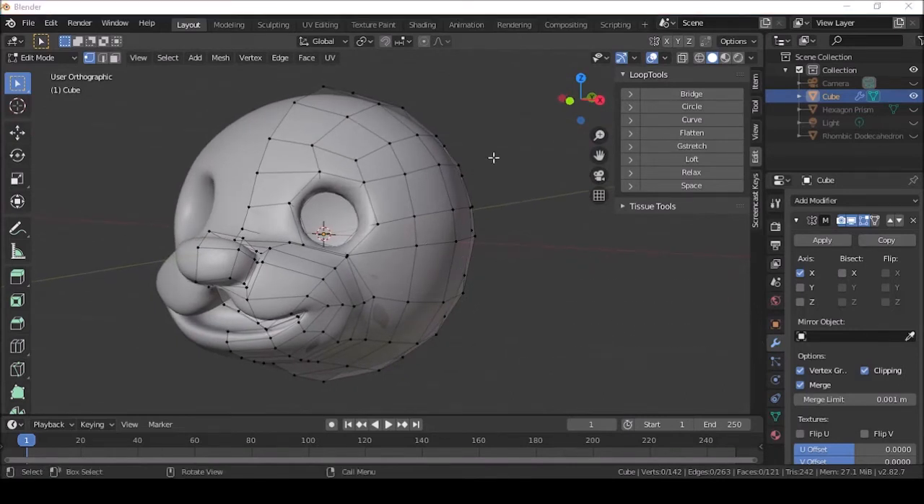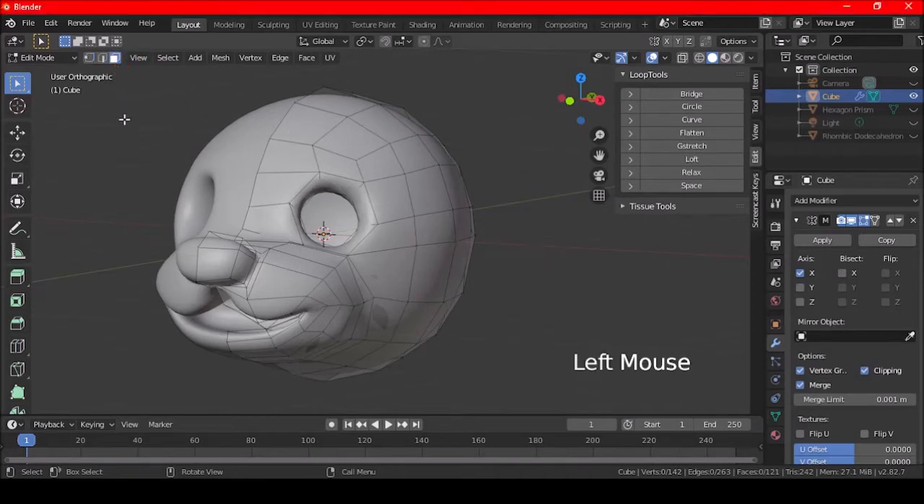Okay, so now I'm gonna work on the eyebrows. So without the noise interrupting me, so what I do is,